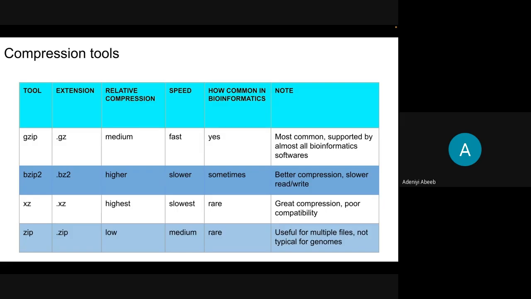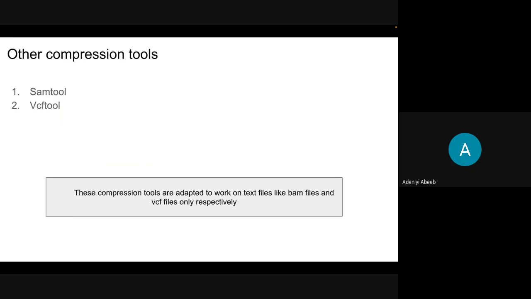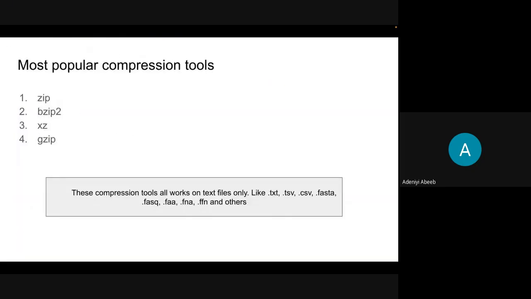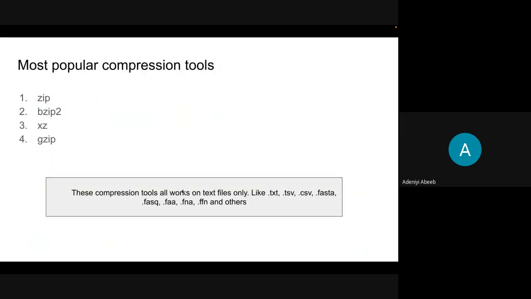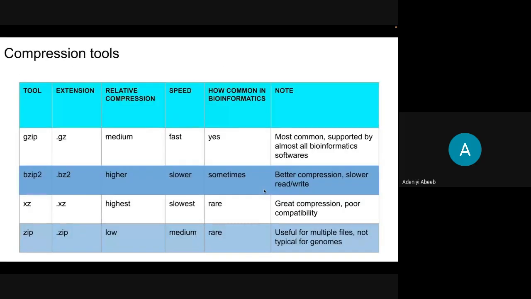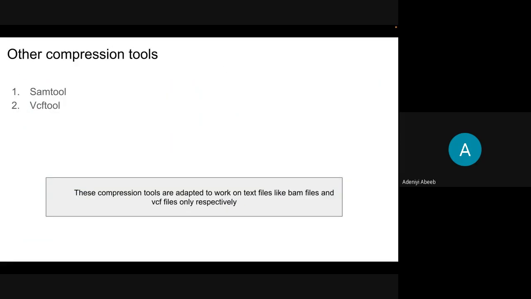So they use zip. And like I said, at the beginning I showed you that all of these things can be compressed using all of this. But these are not the only text files that we generate in bioinformatics. When it gets to sequence alignment and variant calling,